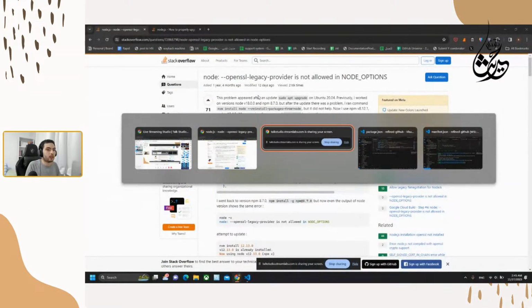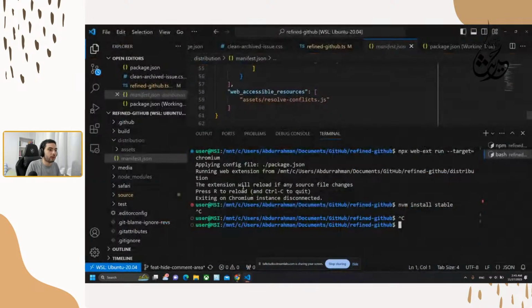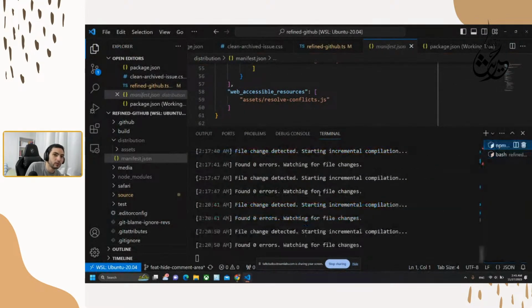Hey, so I'm just getting back to have an update for the refined GitHub. I thought that I should record this right now and then I could do whatever later. So basically, when I was doing the refined GitHub before, I had this kind of issue, which is I couldn't,